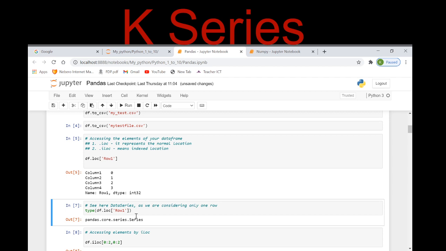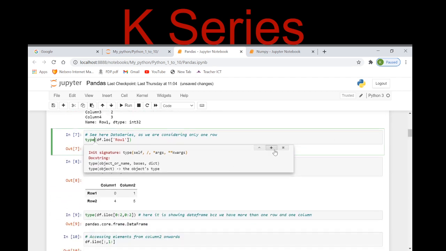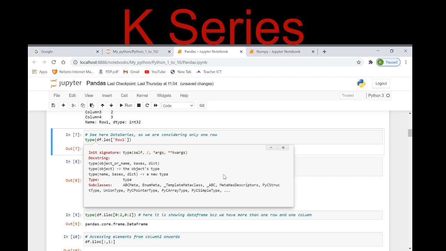So here also, see here, it is a data series, as we are considering only one row. Now if I am using the type function here, see here, the description is also there, right?